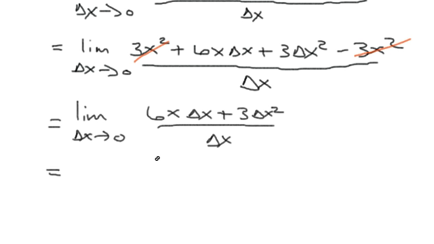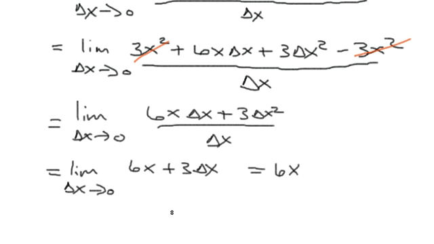Now, this delta x can go into this, and delta x can go into this term here, which is going to now reduce down to 6x plus 3 delta x. Letting delta x go to 0, this term becomes 0, and so you're left with 6x. So f prime of x